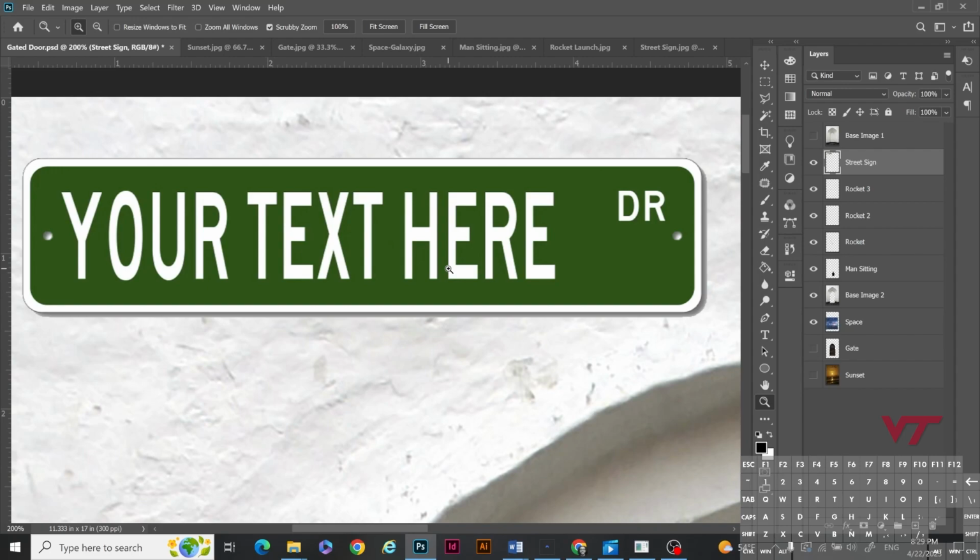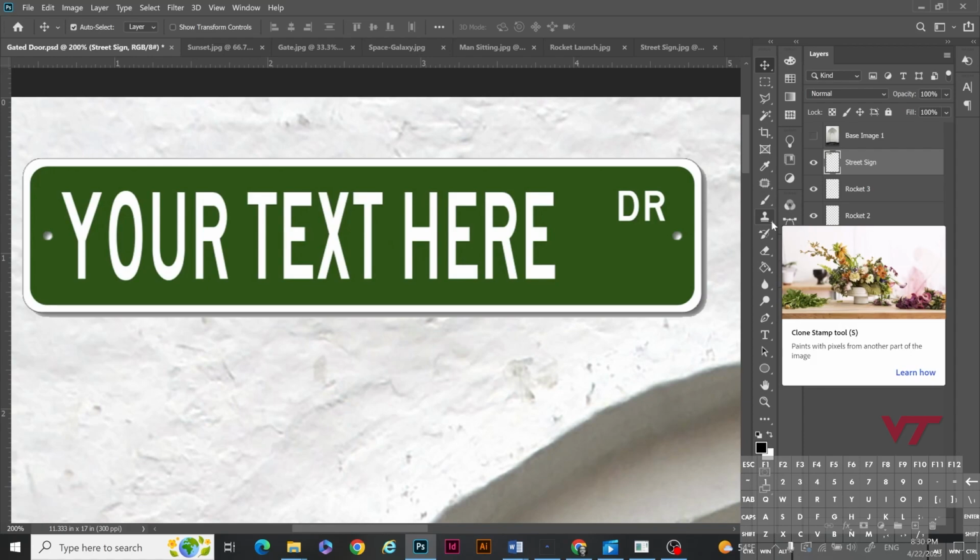So what I don't like about this layer, which is the street sign, we're on the street sign now, is that it has your text here, whereas we want to put in our own text. Well, because this is a raster program, all this information is in pixels, so we can't edit it like we would text, and we need to get rid of it. So what I'm going to do is use the clone stamp tool